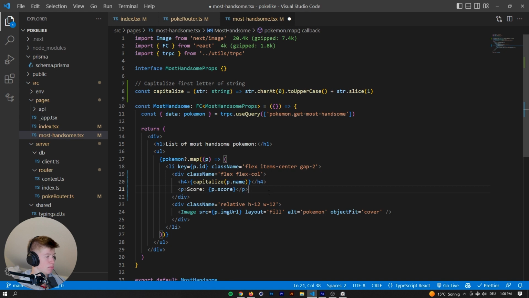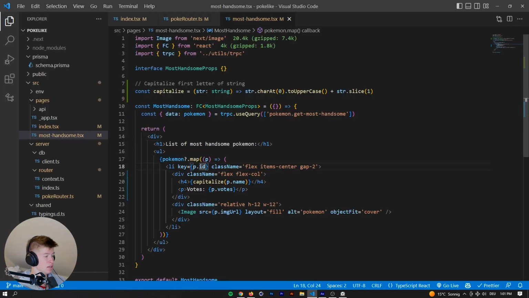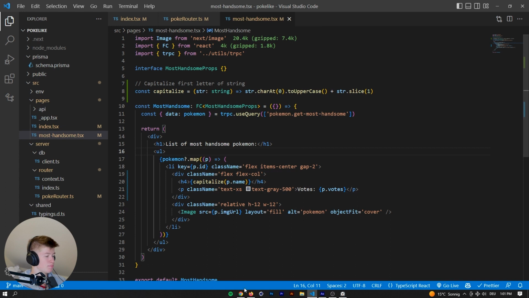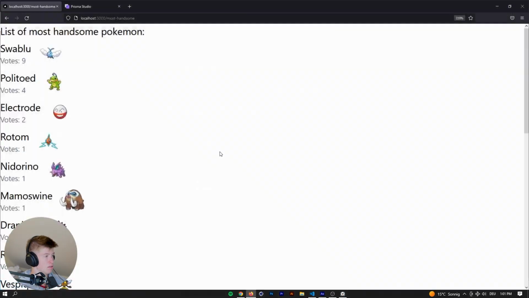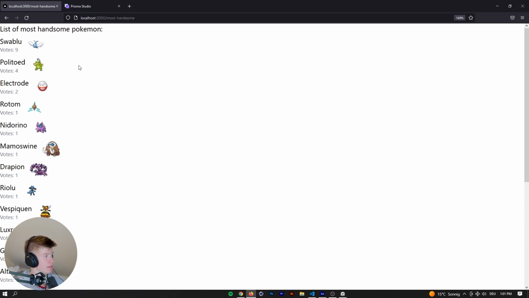And for that, we could probably do just votes and then p.votes. See how that looks? Great. Okay, so now we also have the votes. It looks really bad. I might work a bit on improving the user interface because it does look really bad at the moment. Let's give it a class name of text extra small, text gray, like 500. See how that looks? Well, that's still, you know, it's fine for now, I guess. I wouldn't want it to stay that way forever, but